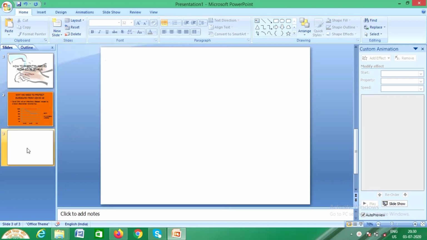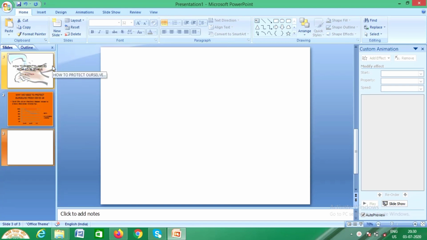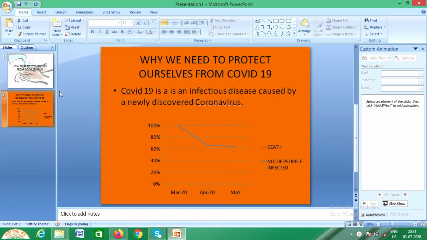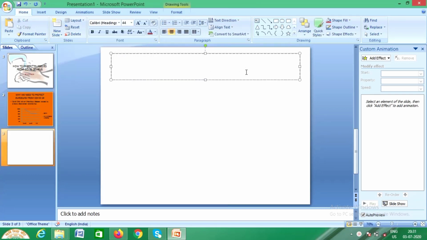So I have given a blank slide here, and in this slide I'm going to show you how to insert background music. If you have background music saved in your computer, it's well and good. If you do not have it, you can get some from the internet. And here is a tip. The tip is that always try to find no copyright music. When you Google for background music, always write no copyright music.